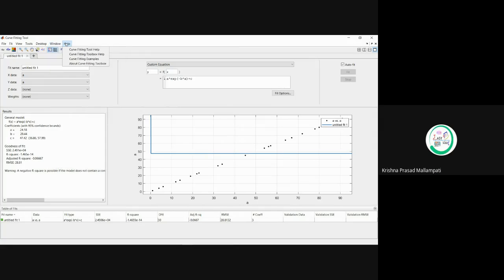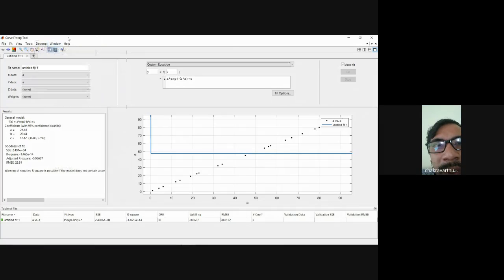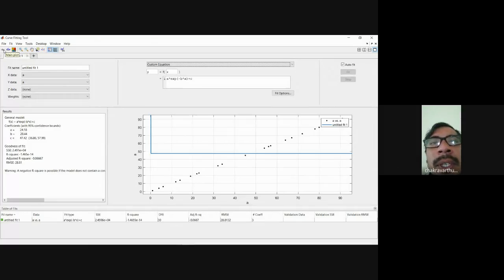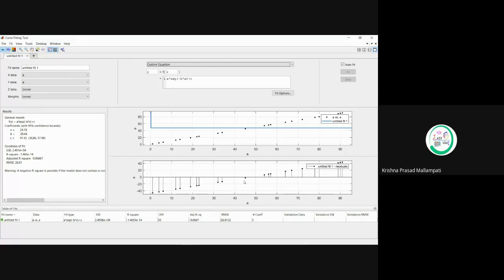It's not showing, sir. That surface is displaying, right? First, second, third option directly. Yeah, that one. Second, third. Color plot, sir. This one. Second one, residual plot. Click on that residual plot also. Sir, we are going to get the error, right? The residual plots. So all these options are available.